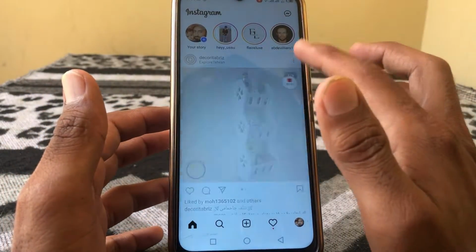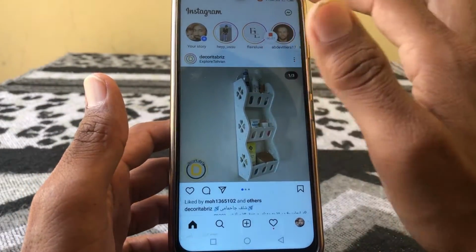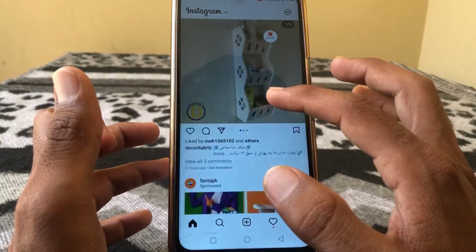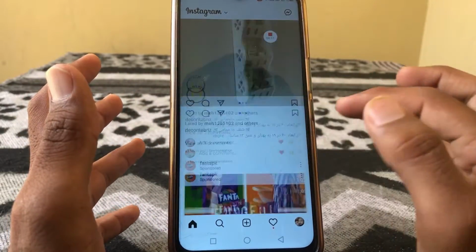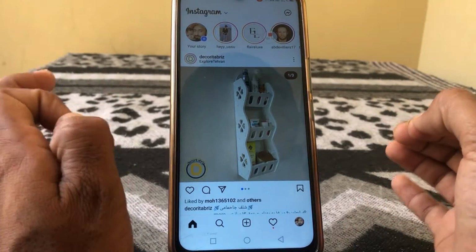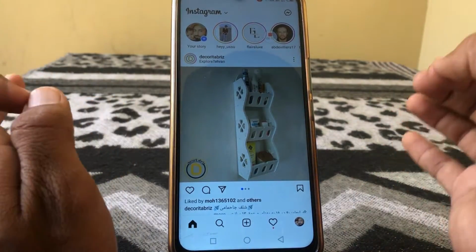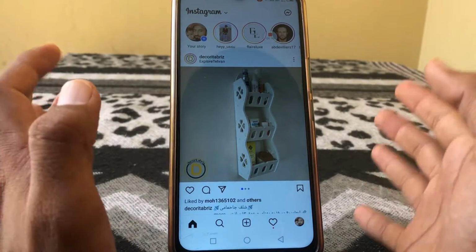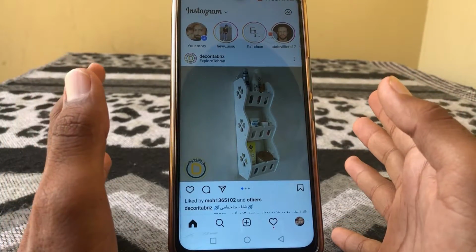So guys, in this video I'm going to be showing you how to fix Instagram music is not available in your region. So guys, let's get started without wasting any time. Firstly, let me tell you that if your account is new, then you will fix this type of problem, and if your account is old and still you are facing this type of problem, then what you have to do